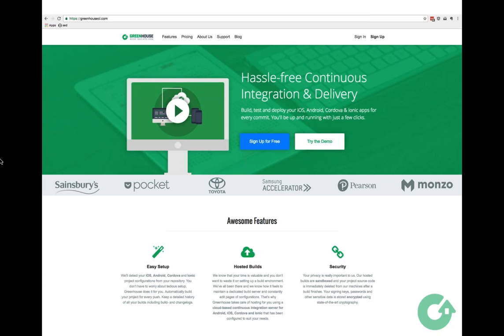So in the next part, I'd like to actually show you what Greenhouse can do for you and how easy it is to get up and running with our service. So let me switch over to,